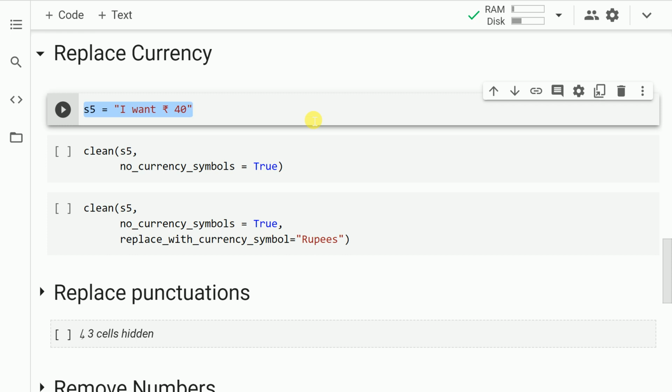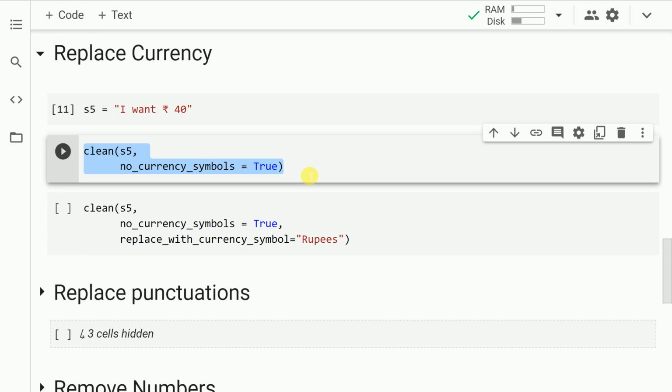Next up, I have a string called S5 and the value inside that string is I want 40 rupees. So rupee is the standard currency in India. If I want to replace this particular string with a particular value, or if I want to remove it, I'll show you how you can achieve this using clean text. So first let me load this string into memory.